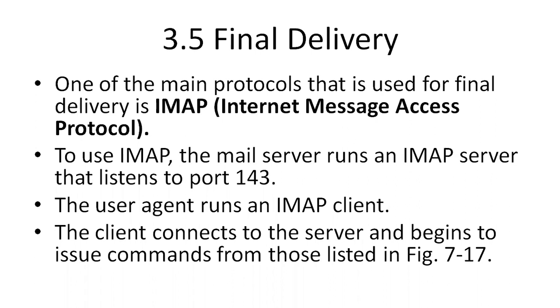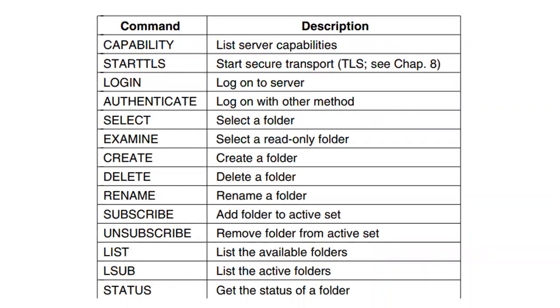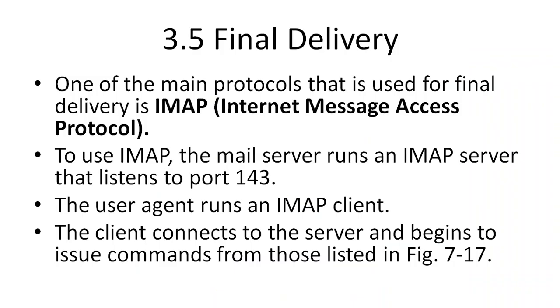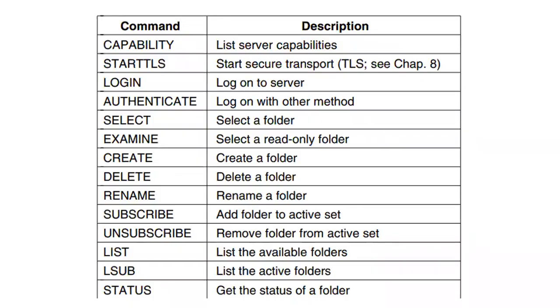Okay, and the client connects to the server and begins to issue certain commands, maybe which are listed in the figure. The next slide, here it is. So these are the commands that can be issued on the IMAP, which is called the IMAP server. That is like capability, STARTTLS. Again, TLS refers to the secure transport structure, login, authentication, select, examine. So this select, examine, create, delete, these all work on the messages which can be grouped in a particular